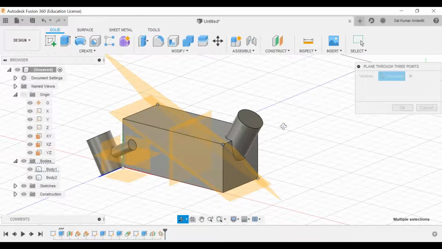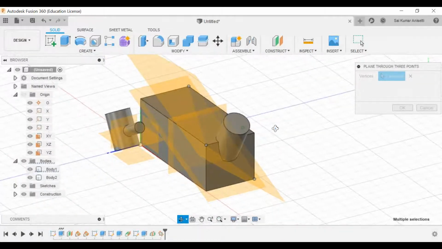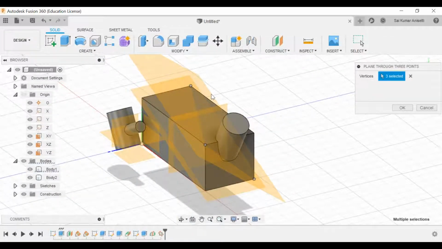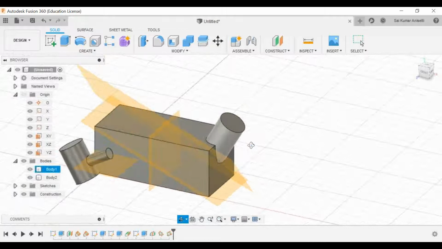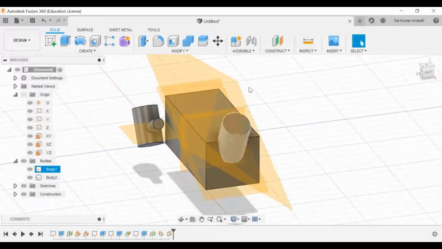So he will be asking to create a plane which will be passing through vertex number 1, 2, 3, and 4. And he will be asking to manipulate or else draw any object and find the length of it. So this is how you create a 3-point plane. This is how it actually looks. It looks really confusing, but this is the purpose of it.